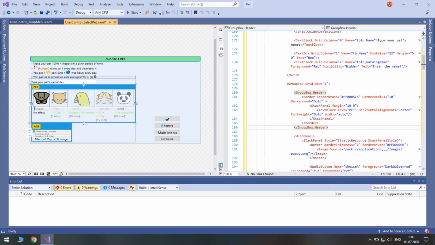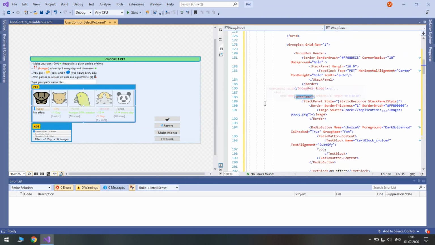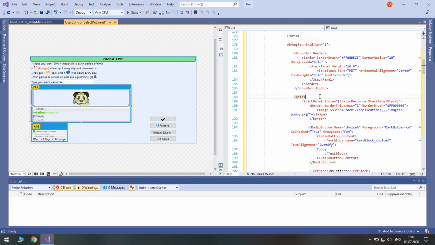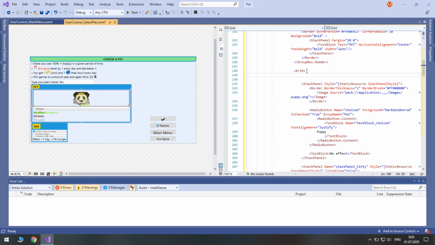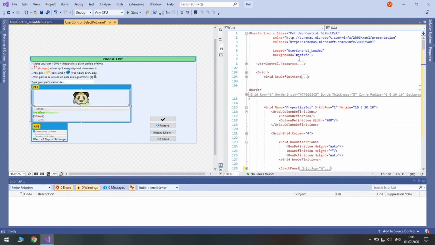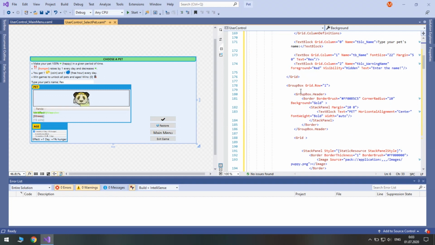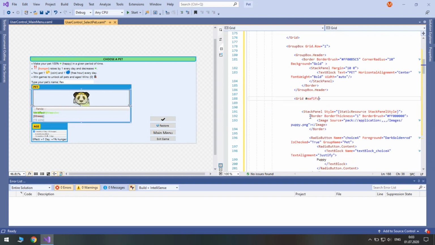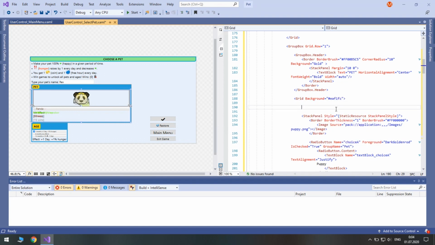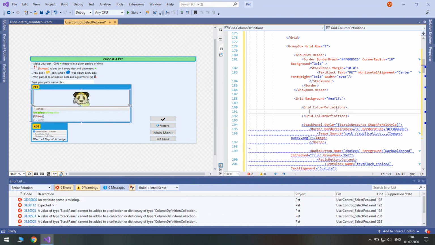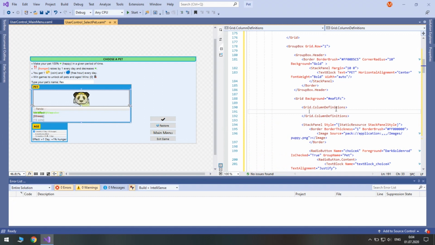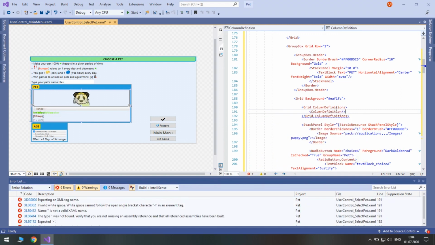Now below, instead of a wrap panel, we will have a grid. Don't worry, we'll fix it right now. First, let's change its background to be the same as in user control. Background equals, we will add 5 columns for 5 images, so grid column definitions and column definition.